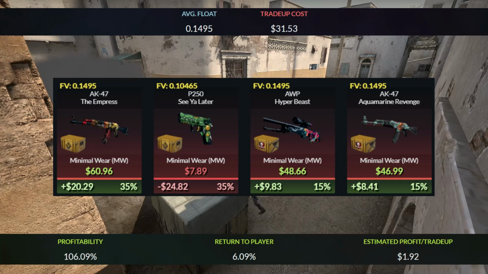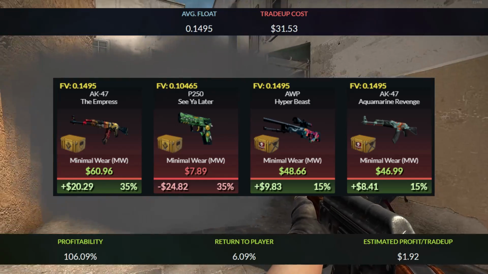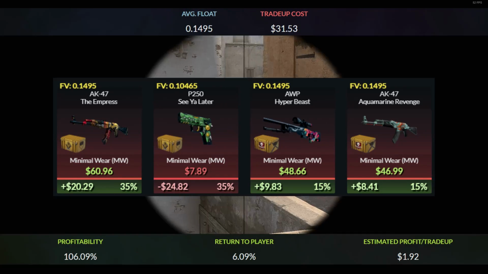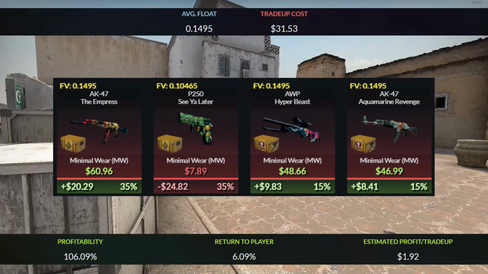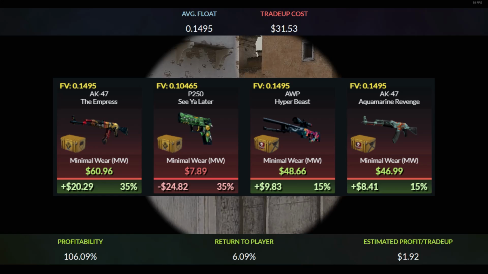Then, the AWP Hyper Beast and the AK-47 Aquamarine Revenge will give you around a $10 profit. Lastly, the P250 See You Later will give you a $25 loss. So the return of the trade-up will add up to 6.09% and you'll get $1.92 each time you do this